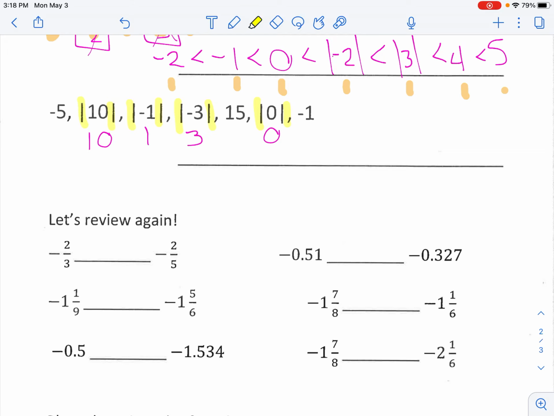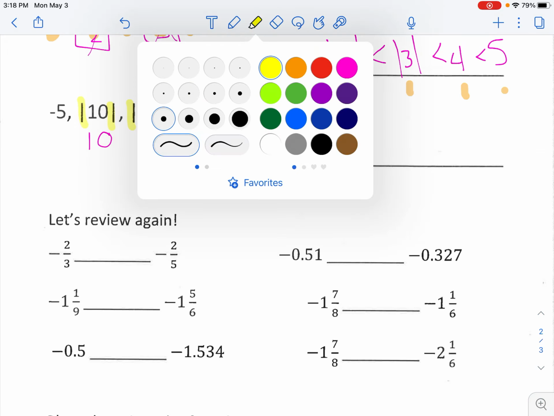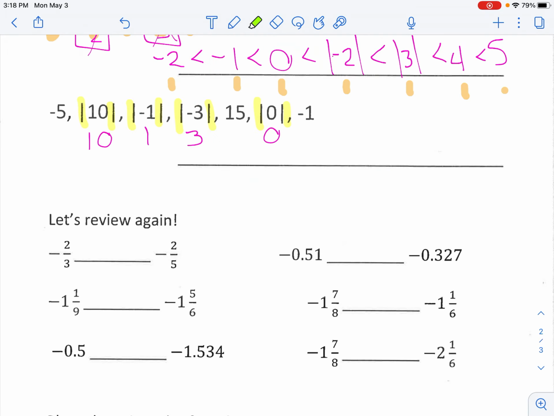So now I'm going to go through and highlight all of my negative numbers first. So I've got a negative 5 and a negative 1, and that's it. All right, so I'm going to start with negative 5 is less than negative 1 is less than the absolute value of 0